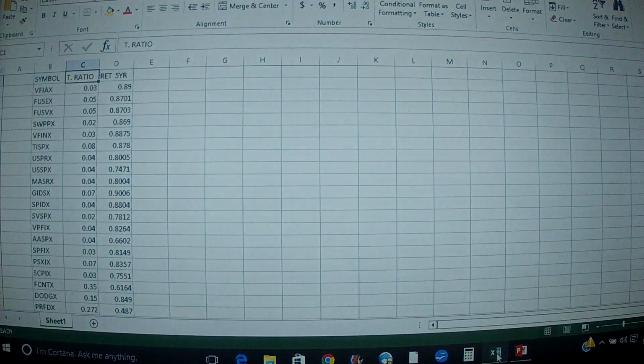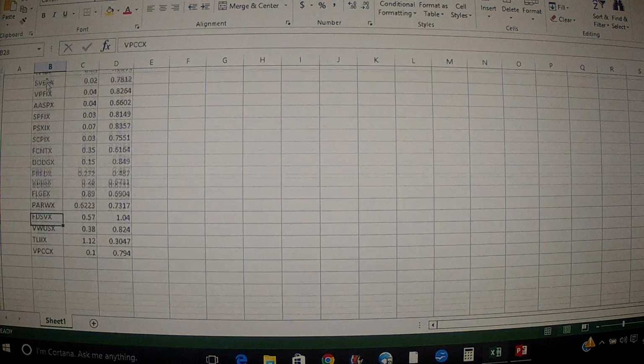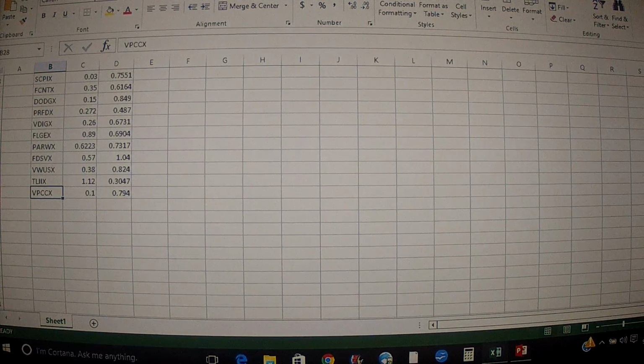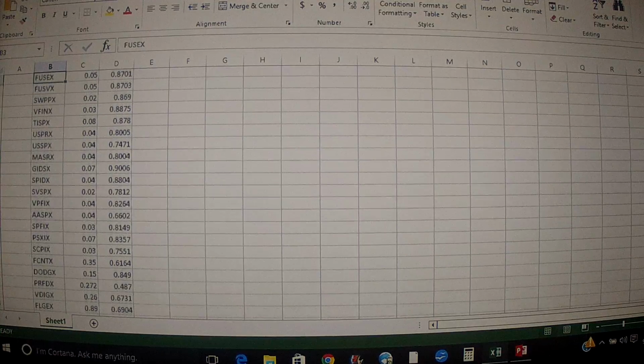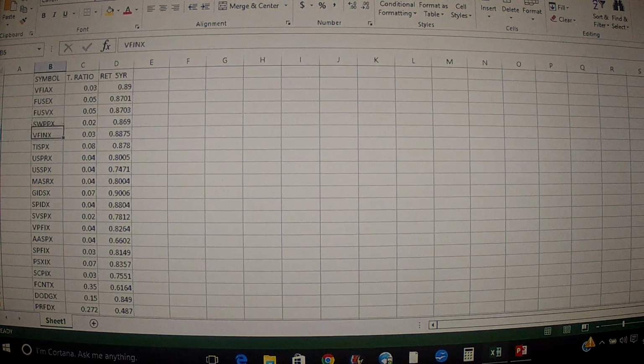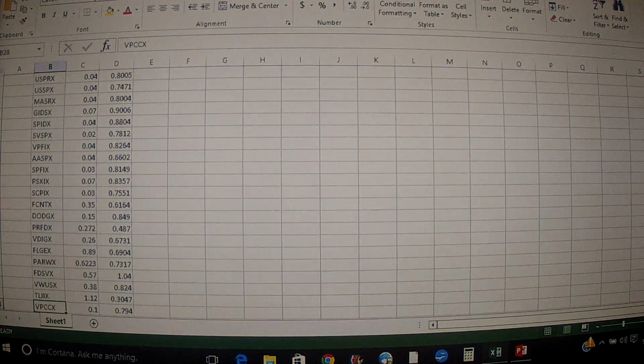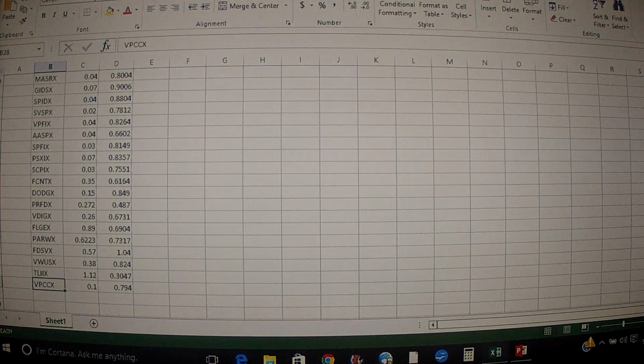So let's go to Excel here and look at our data. How I have this broken down here, column B is our symbols, and our symbols are for 27 mutual funds, and as discussed, these are a combination of passively managed funds, index funds, and actively managed large cap funds. I did choose large cap funds that were actively managed because I felt that they